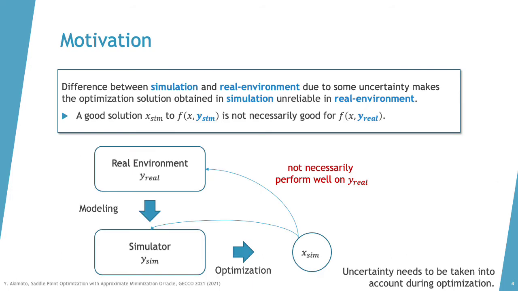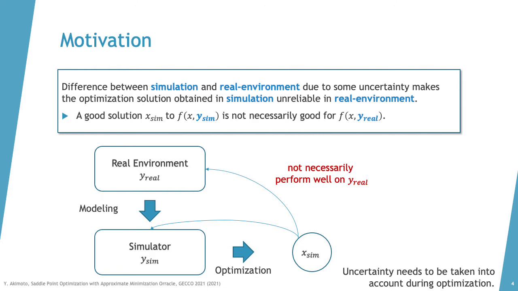Now we talk about more general situation. As we saw in the motivational application, we often rely on simulation-based optimization to obtain a solution that is supposed to work well on the real environment. However, it is often difficult to build an accurate simulator, or it is even impossible due to some uncertainty in the real environment. Then, the difference between simulation and the real environment makes the solution obtained in the simulation unreliable